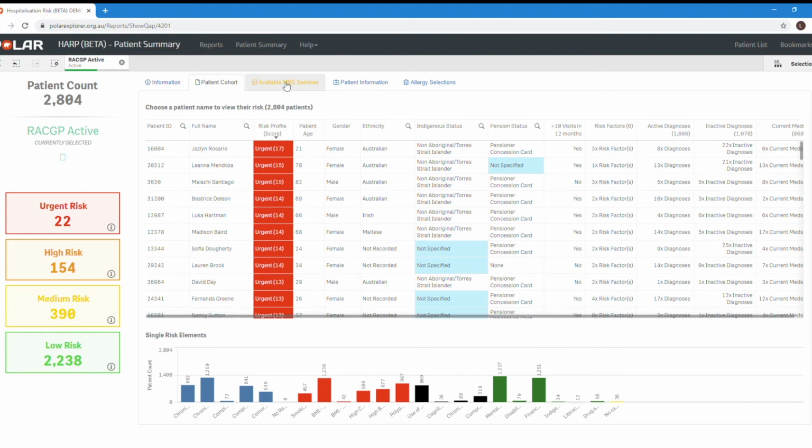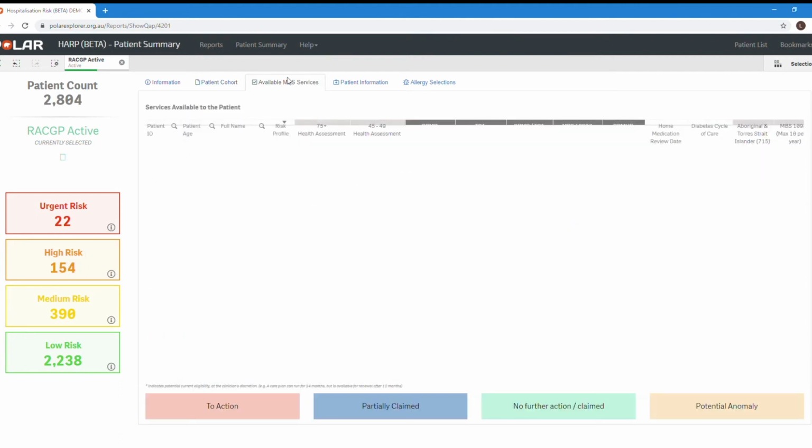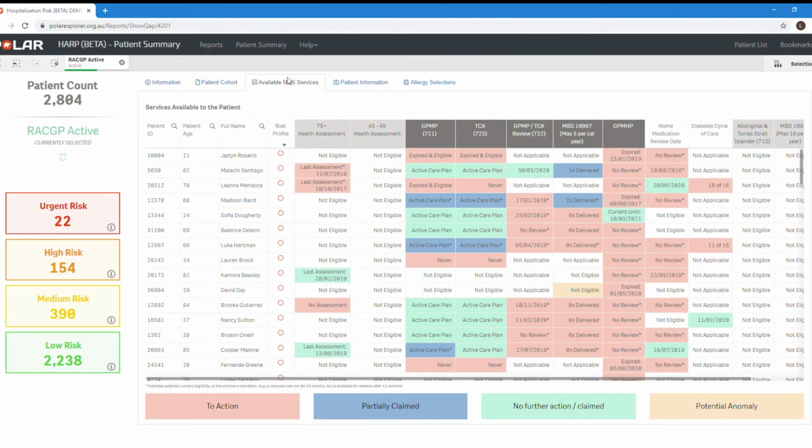Let's go to the Available MBS Services screen. Again, it shows the list of patients from urgent risk down to low risk as you scroll through the page. It shows you whether the patient is eligible for a 75 and over health assessment and if it's been done, a 45 to 49 health assessment, a care plan, a TCA, a care plan review,